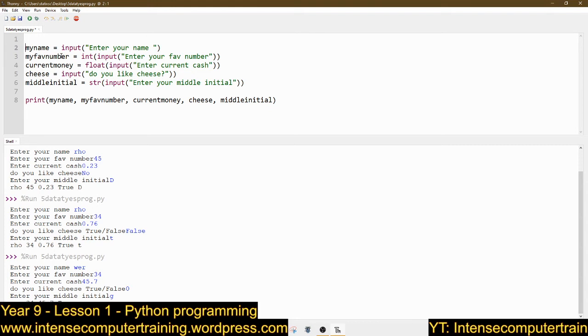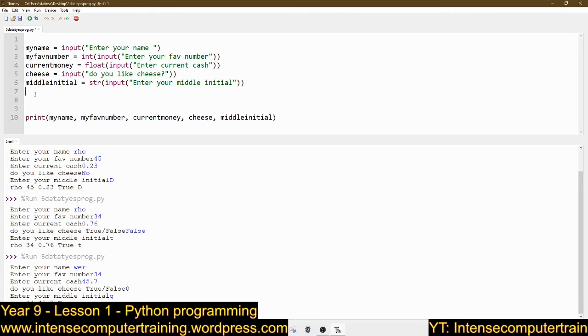Now in our program we've taken a lot of measures to make sure that it will be inputted correctly. This has to be actual letters, this has to be an actual number, or it'll turn it into a floating point number. So if I put 56, it'll change it into 56.0. This one's the only problem at the minute, and this one will have to be absolute letters, because imagine if you were to start administering medicine from a machine and you had to input numbers, and we couldn't do things like this. This is what's going to come next week.